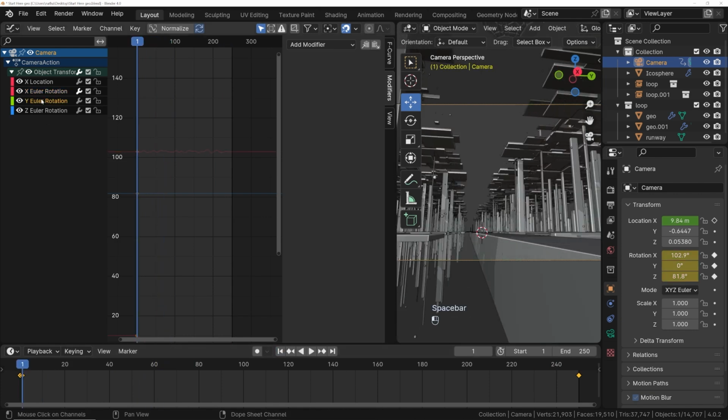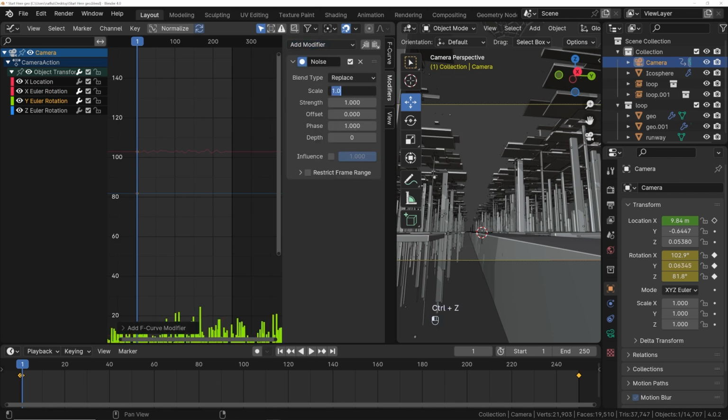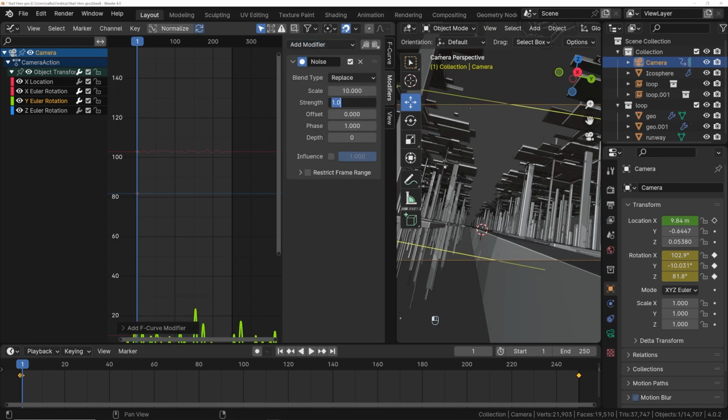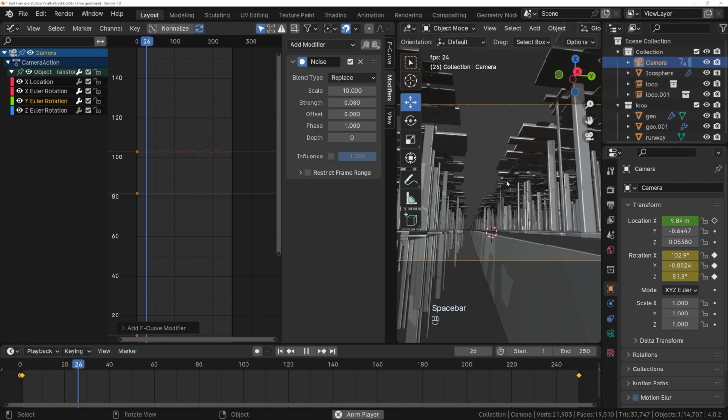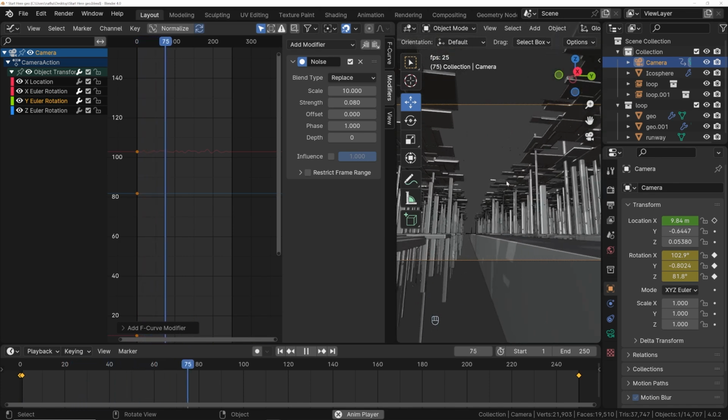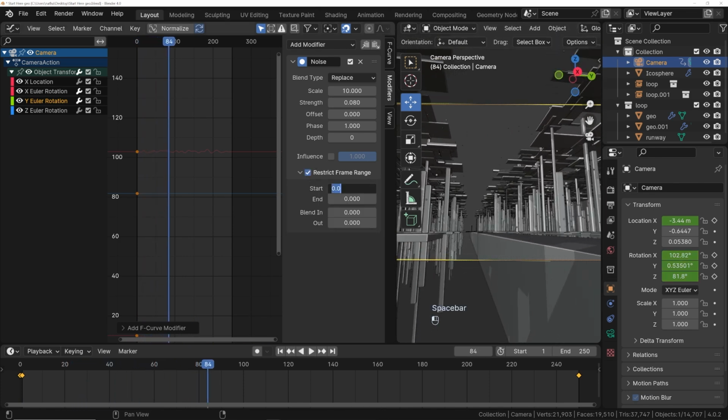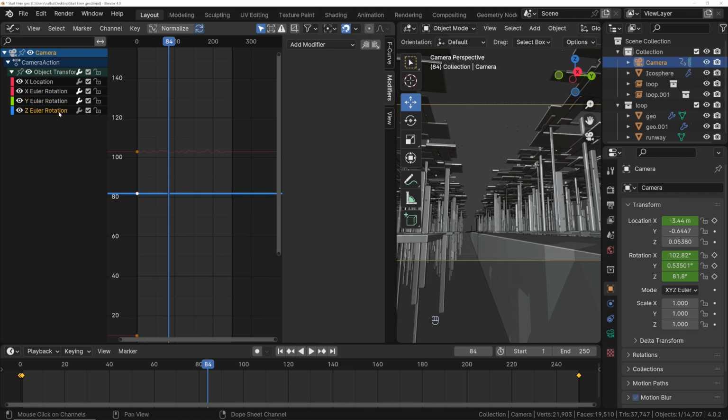Let's go ahead and go to the Y Euler. Oops, not cycles, we need our noise. Scale of 10, a strength of probably 0.08 maybe. Yeah, that's pretty good. And then restrict, start 1, end 250, 30, and then we'll do the same thing on